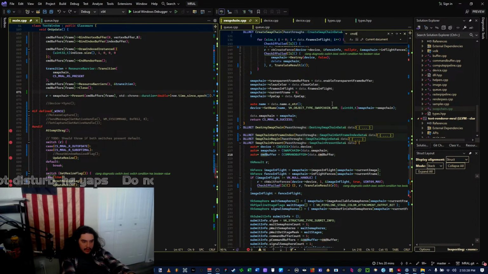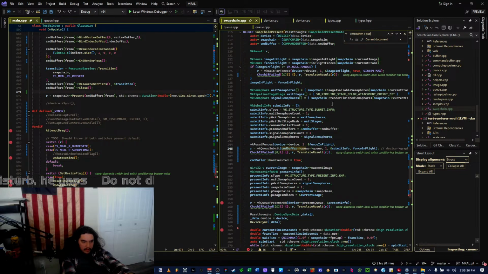Do I do command buffer Q? Oh my gosh, I do command buffer Q. Maybe I shouldn't be calling... You know what? This might legit be it right here. It might be device.